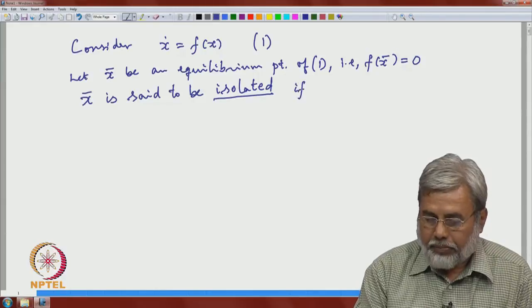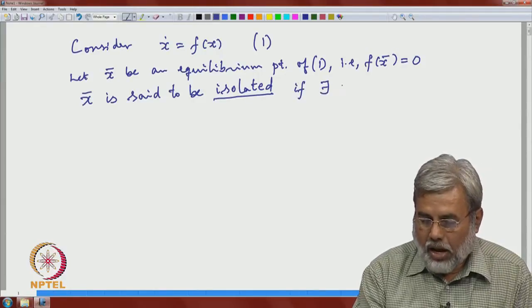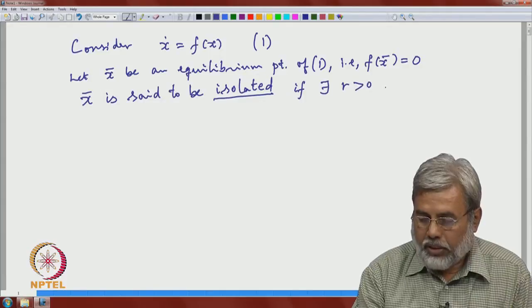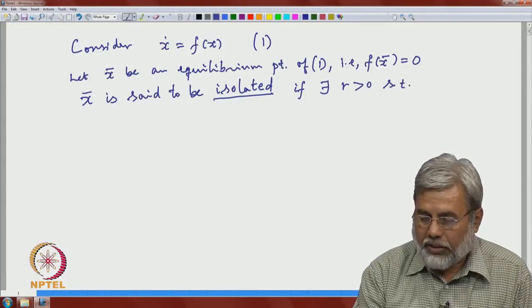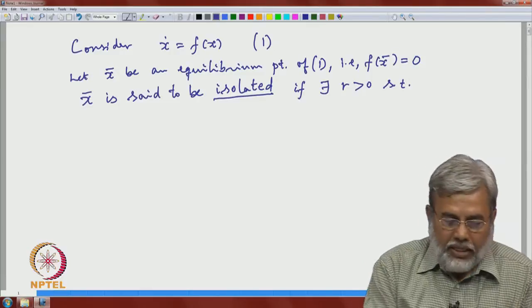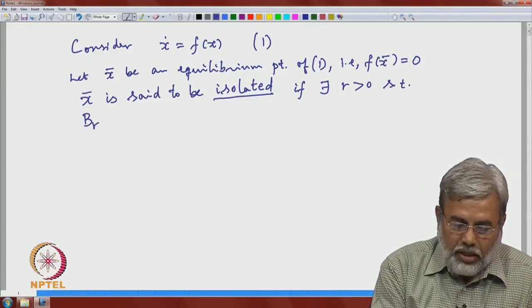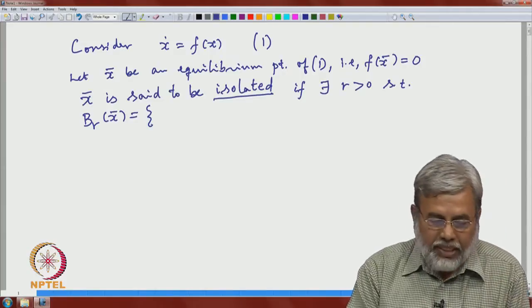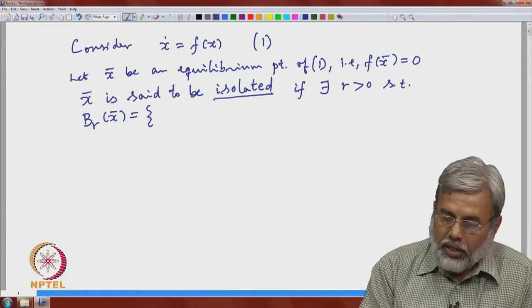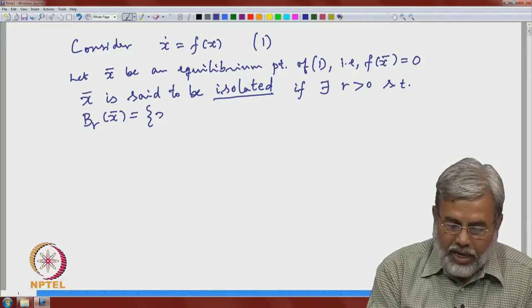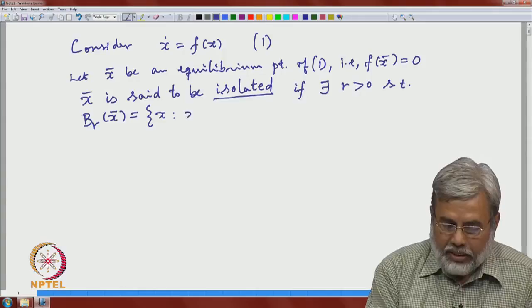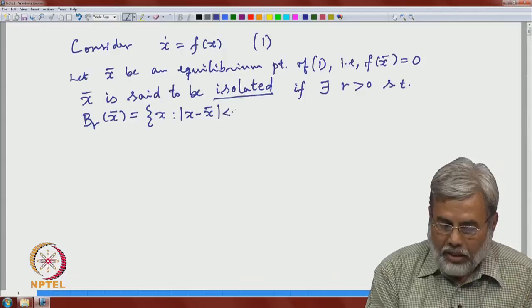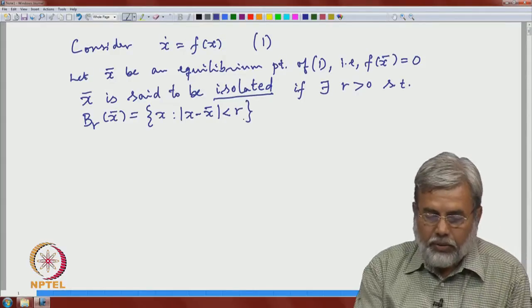If there exists a positive r such that, so I introduce a notation here, B r of x bar. This is what we call the open ball centered at x bar with radius r. So, this is the set of all x in R n whose distance from x bar is less than r. So, this is the open ball,